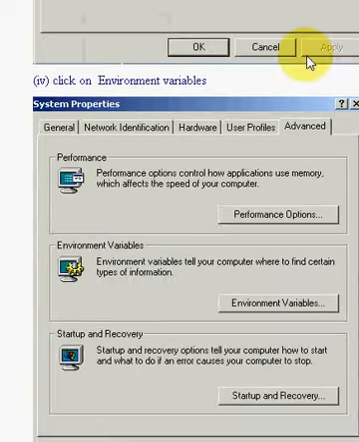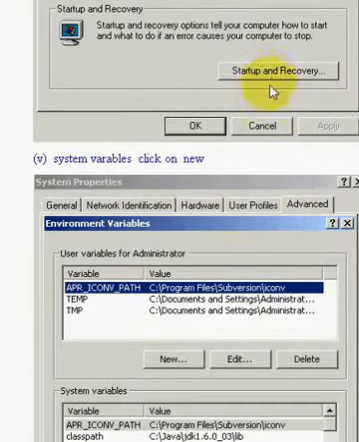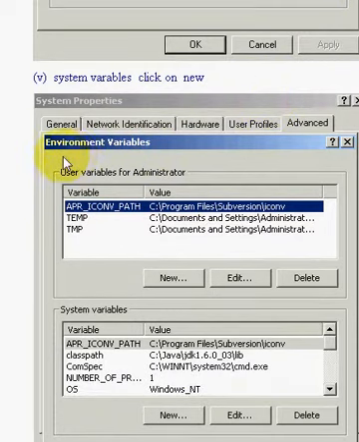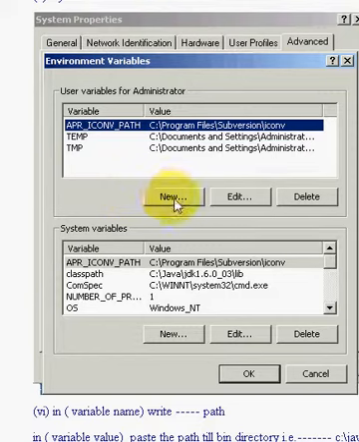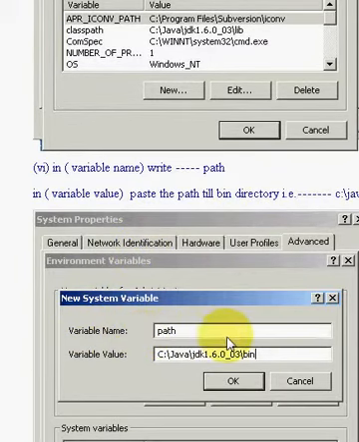Under the Advanced tab, go to Environment Variables. Next you will get a pop-up like this. Then click New, and give the variable name as path and the variable value as that bin directory folder.